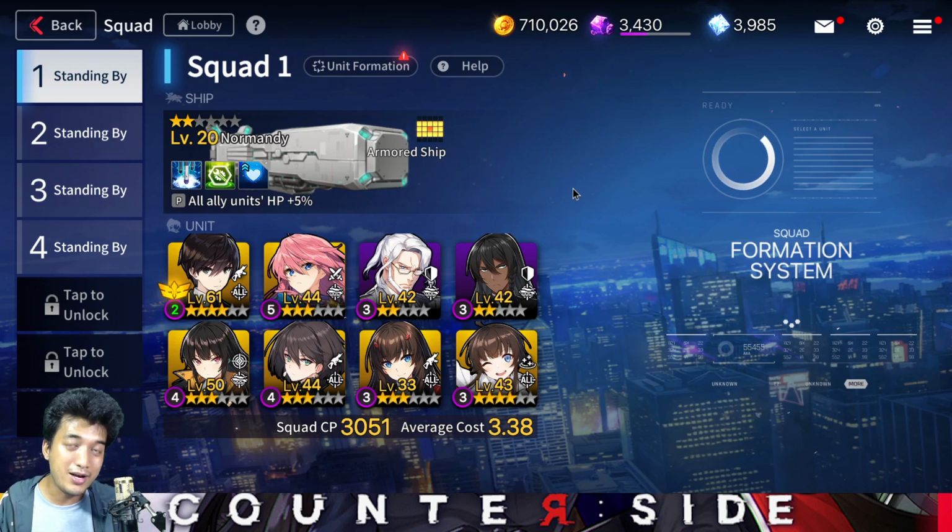Alright, in summary, yet again, have 2 defenders, 1 striker, 1 sniper, 3 rangers, 1 support. And if you don't like support, you can have 4 rangers instead for more DPS output. Alright, and when it comes to average cost, please try to put it below 3.50 so that it's going to